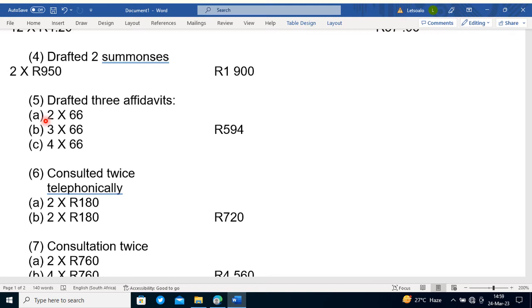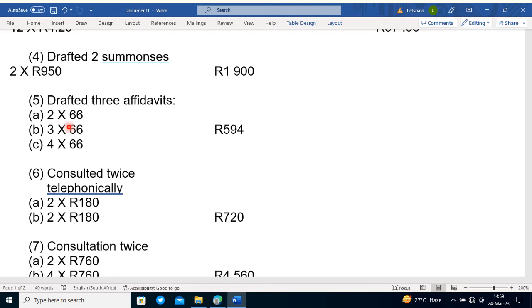Number 5 drafted 3 affidavits. They said that per affidavit they will charge 66 rand per affidavit and any part. So the first affidavit was 2, that's why I said 2 times 66. Then the second affidavit was 2.5. The reason I said 3 is because they said any part, which means that even if it is a half or a quarter, they include it as a full page. So this half is going to be 1, and then it's 2 plus 1,